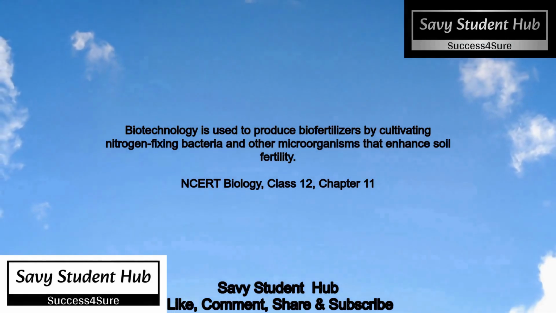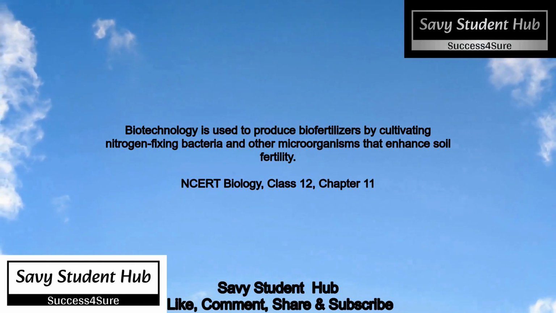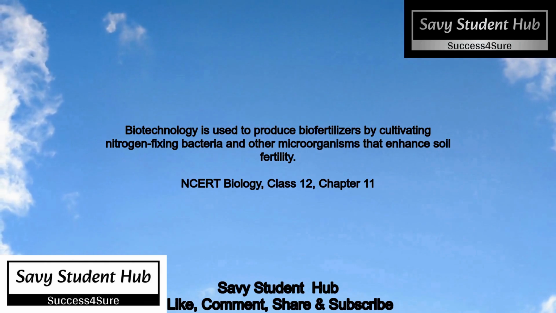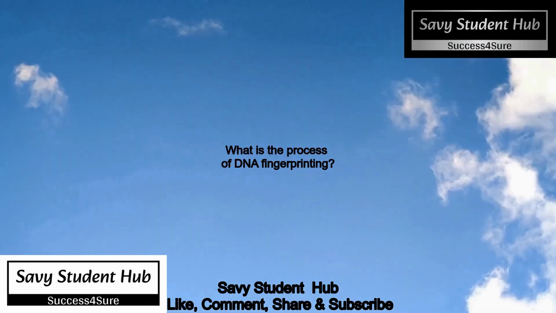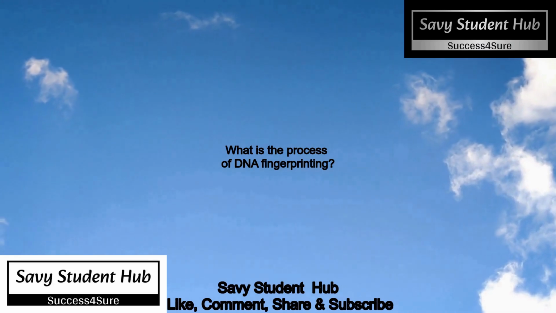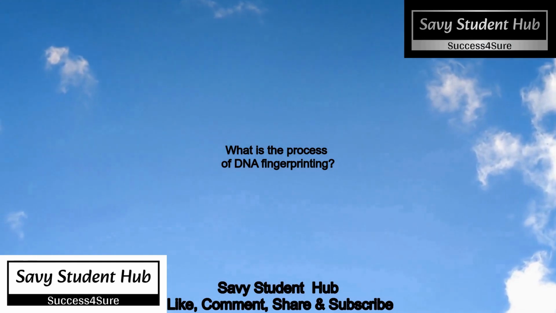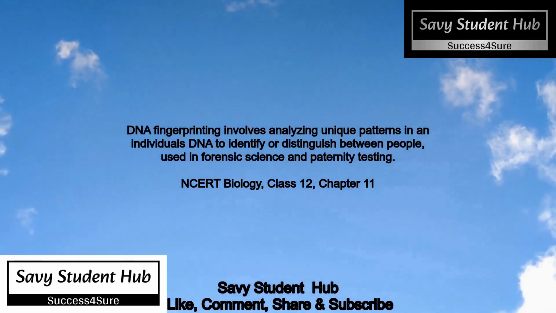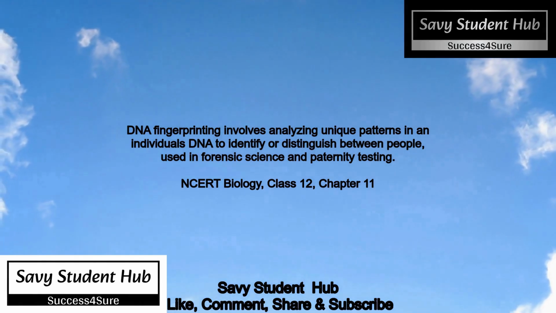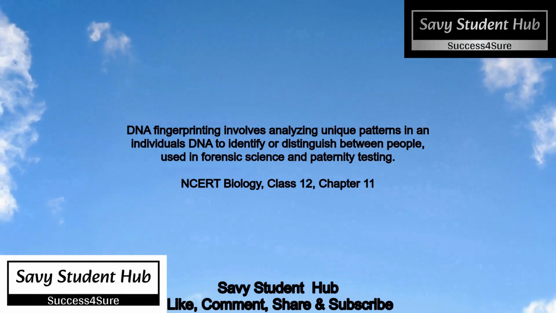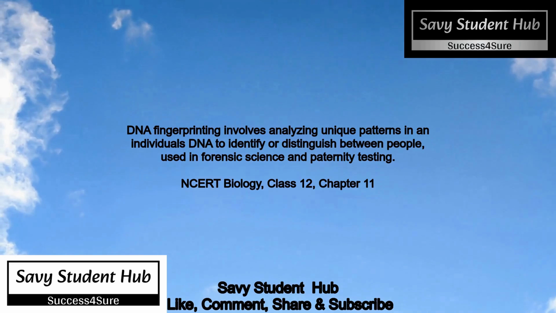Biotechnology is used to produce biofertilizers by cultivating nitrogen-fixing bacteria and other microorganisms that enhance soil fertility. What is the process of DNA fingerprinting? DNA fingerprinting involves analyzing unique patterns in an individual's DNA to identify or distinguish between people, used in forensic science